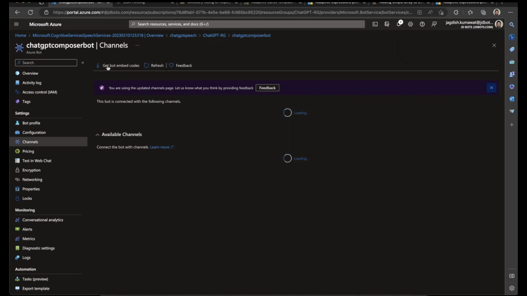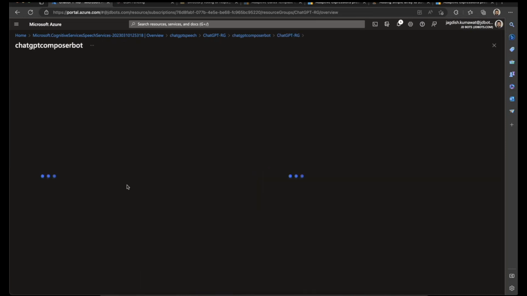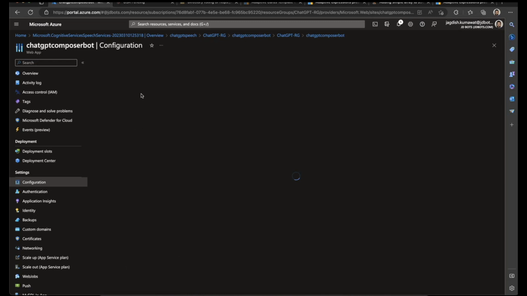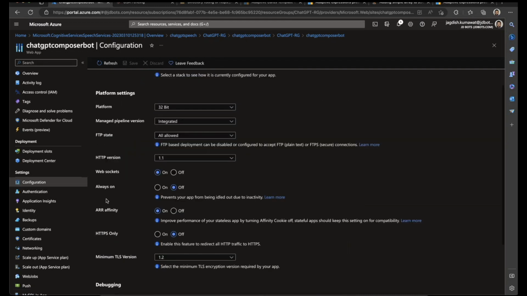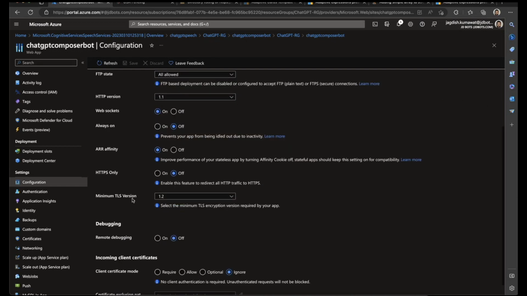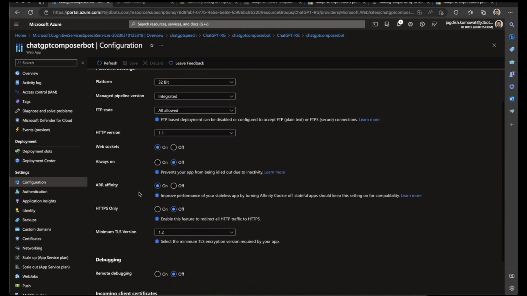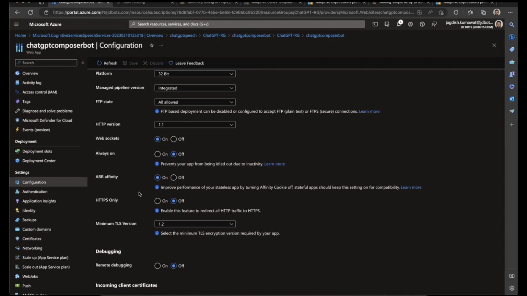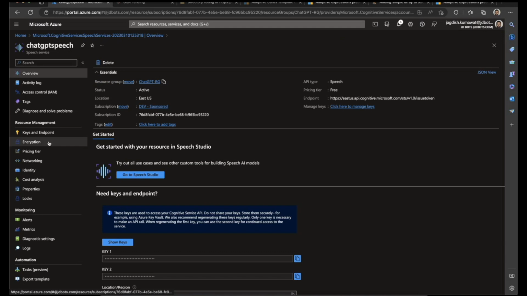And we need to make sure one more configuration that we have to do. Let's go back to our app service. Go to configuration. Go to general settings. And here, make sure you have enabled this WebSockets. I guess that's the configuration that we have to do. Yeah, I think that's the one. Okay. So now let's try to connect it through